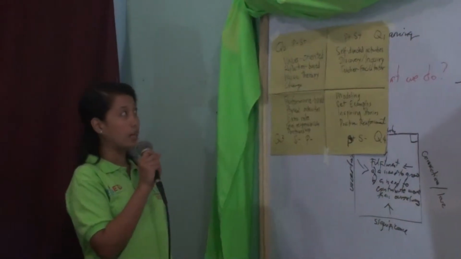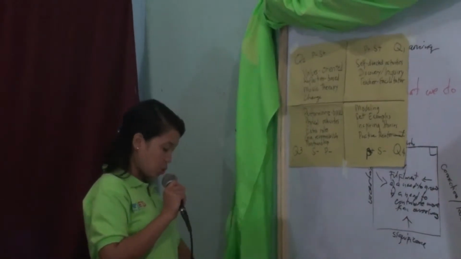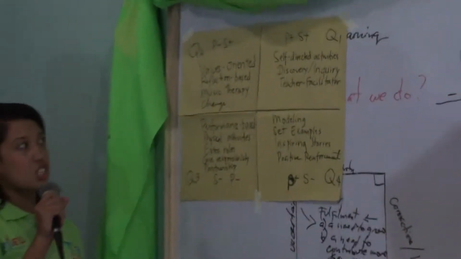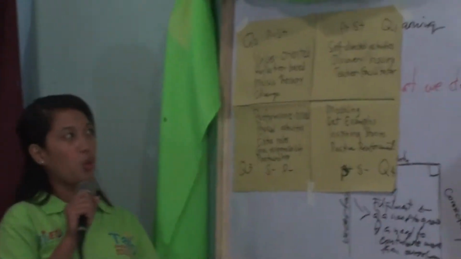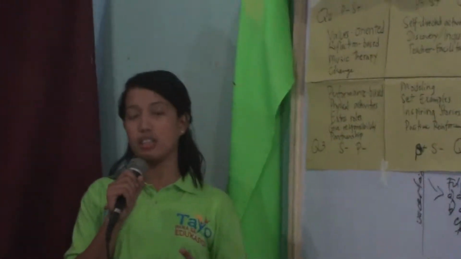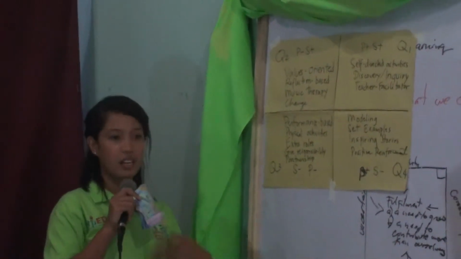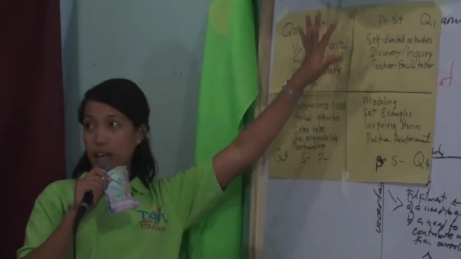Okay, so for quadrant 1, we have positive for both personal and spiritual needs. So since these students are capable, high-performing students, let's say, we'll just give them activities that are self-directed, such as discovery or inquiry. So this allows the teacher to act as just a facilitator. So it requires less intervention from the teacher. Since these students are, let's say, leaders, they are more capable than the students belonging to the other